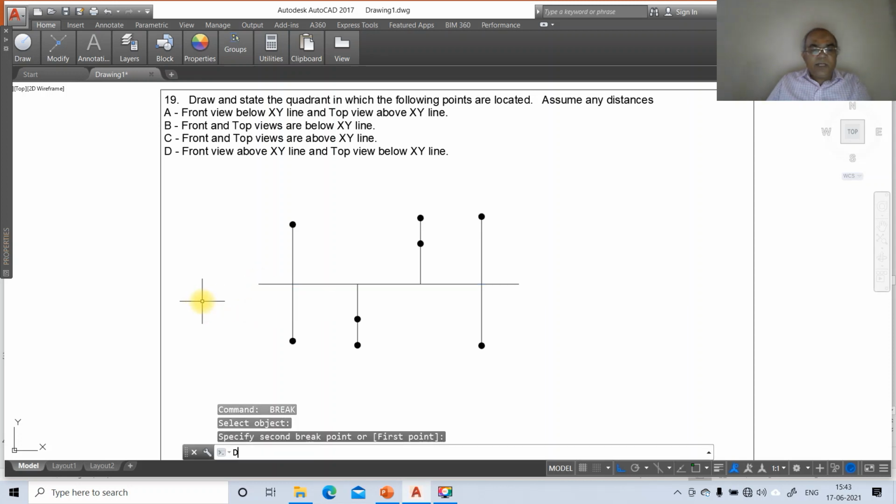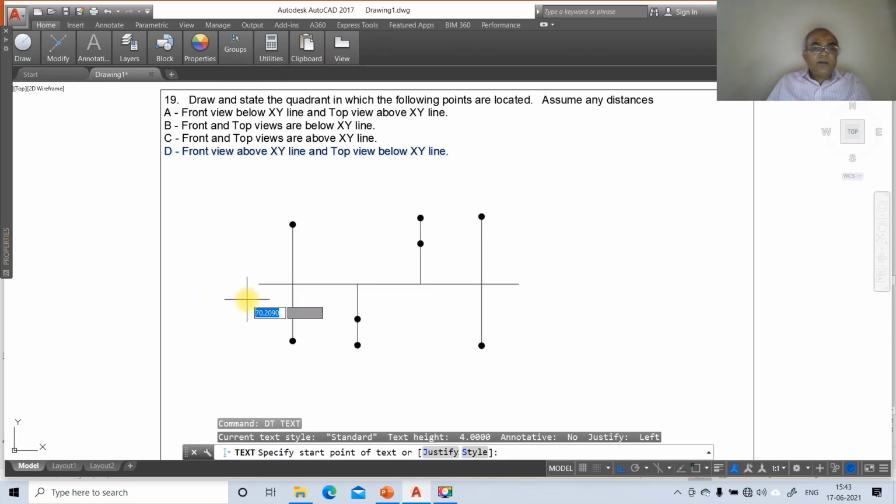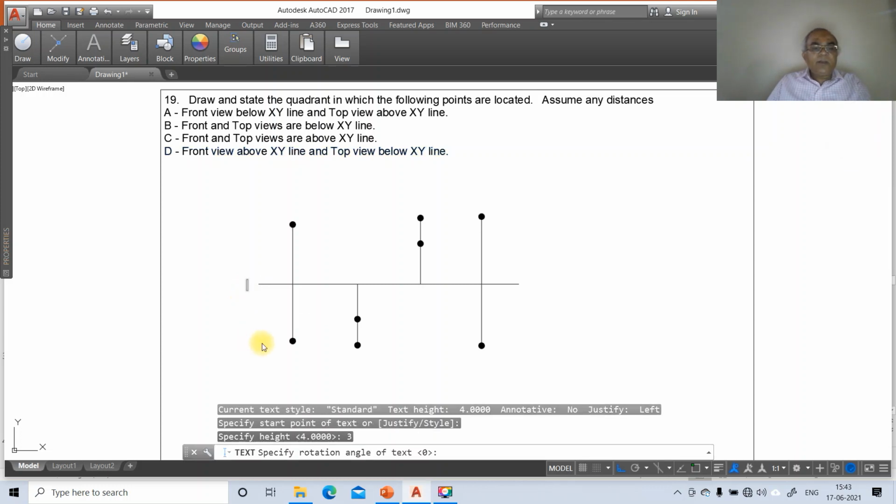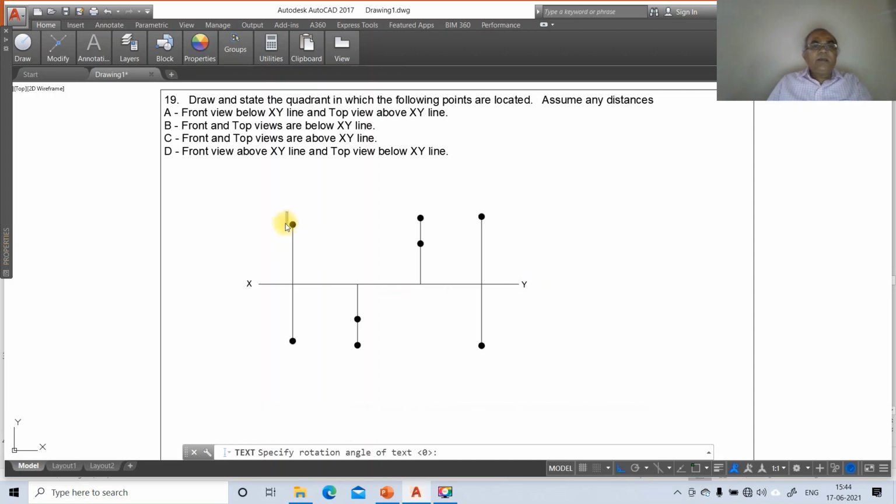So go to dtext. So here you mark this as take the height as 3, take X and you type Y, and here you take it as A, sorry, put the caps lock off, type A, and this is A dash.